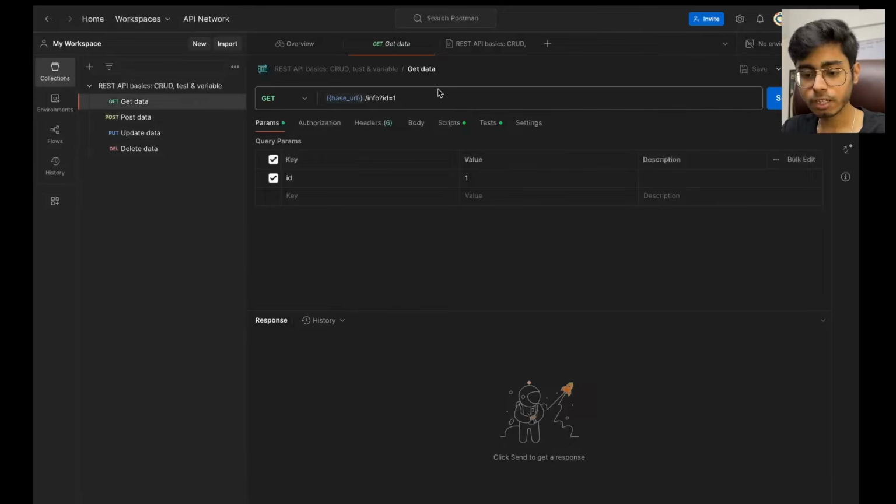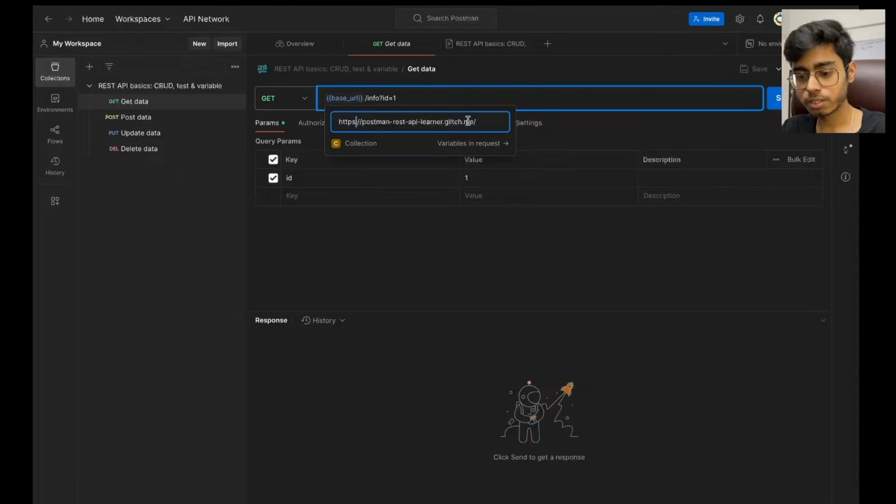In the get, you only define your URL. Get means whenever you want to access some data from your server, you can define your endpoint. This is called your endpoint. Endpoint means the location of your server, the location of that service in your server. So for now, I have this endpoint, and you can see this is the HTTPS protocol. This is the endpoint of my server, that means at this location, at this domain name, my server is located.